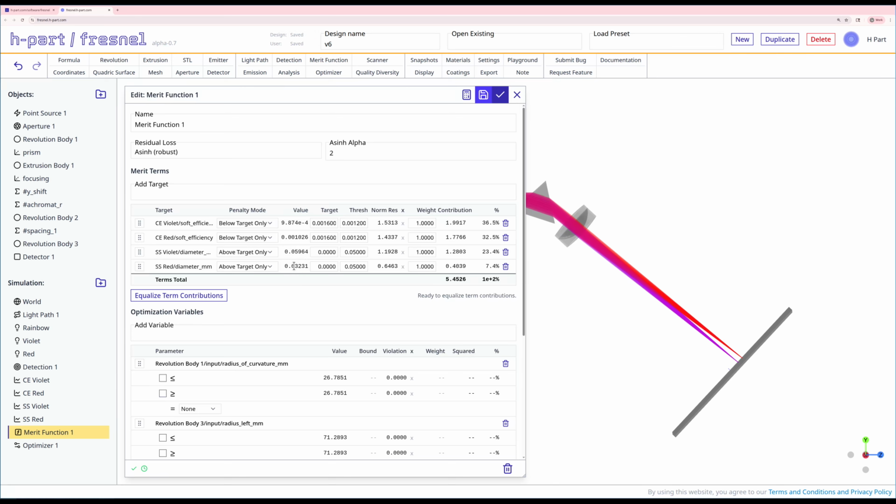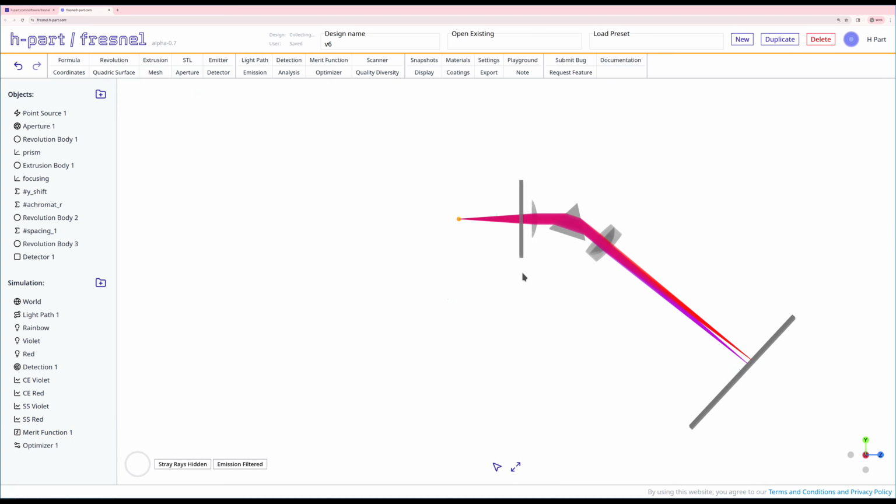So we're at 59 and 32. We're almost within our goals for both of them. We did give up a little bit, going from about 10 to about 9.8 in terms of collection efficiency. But this is looking remarkably better than where we once were. So now we're going to